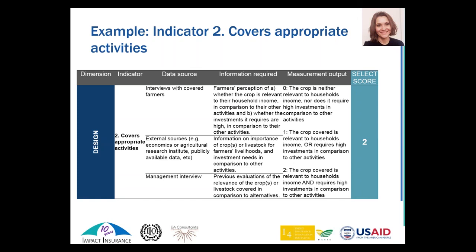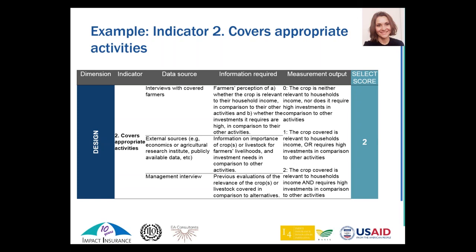Because of course, if the product covers a crop that farmers do not cultivate or that represents a very small portion of their income, the product may not be able to fulfill its promise and to protect farmers against income fluctuations. So assessing this could seem very straightforward, but often it's not, because farmers, in order to diversify their risks, may cultivate multiple crops, which will serve different purposes in their lives.